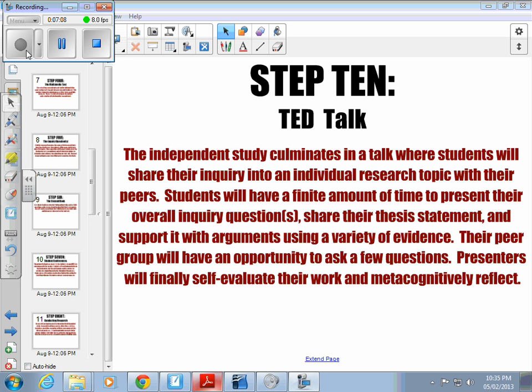So please mark the due dates in your agendas. Make sure every week you're doing your posts, because this is a major assignment, and the smaller components such as the forums and the interviews and so on actually make up greater value on the rubric than the actual TED Talk itself.